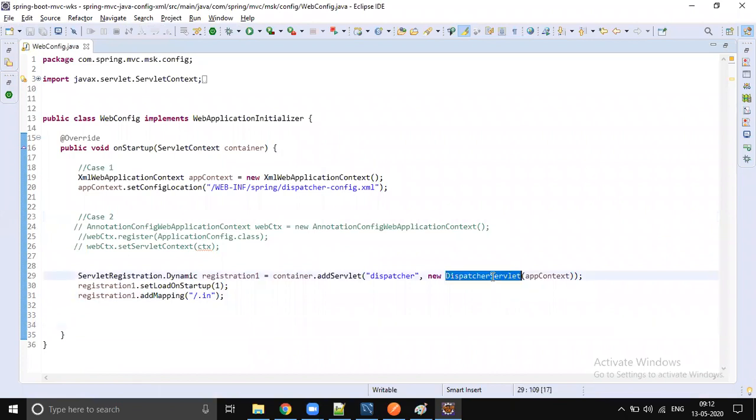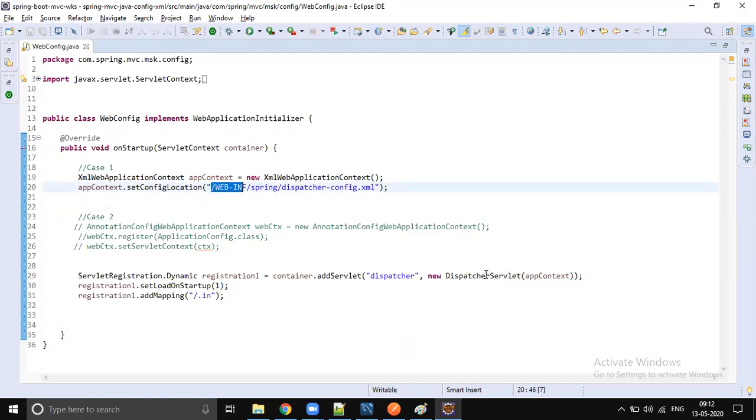We are registering the dispatcher servlet, but my Spring configuration can be XML configuration, annotation configuration, or Java configuration, as in our day one example. How many ways can we write our Spring configuration? Three ways. So if you would like to use XML configuration, then you have to do this.